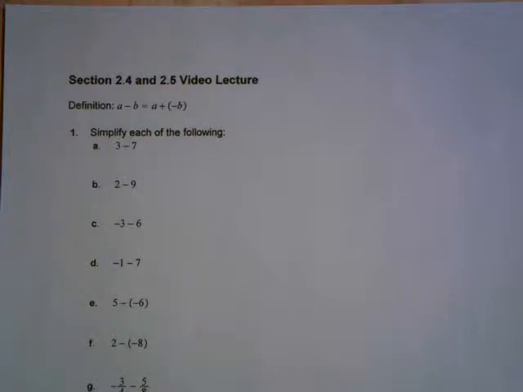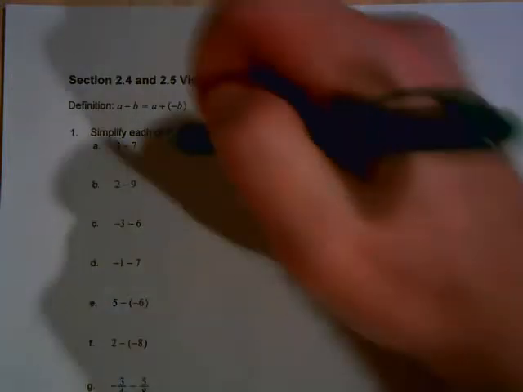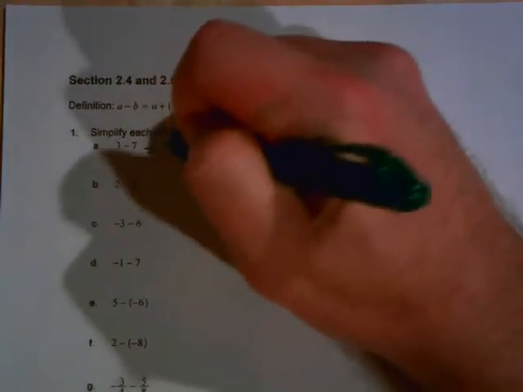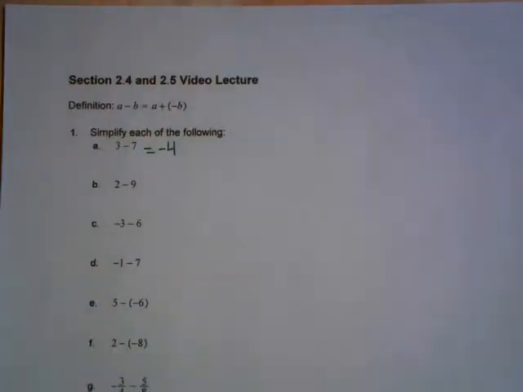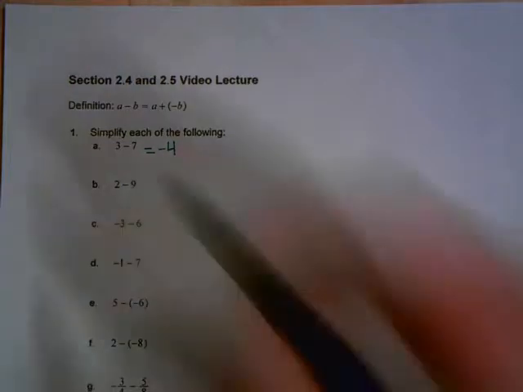So in other words, 3 minus 7, that's the same as 3 plus negative 7, which we did in the last section. And we notice that our negative number is the bigger one, so we know our answer is going to be negative. So that one's negative 4. B, that's one for you to do at home. C,